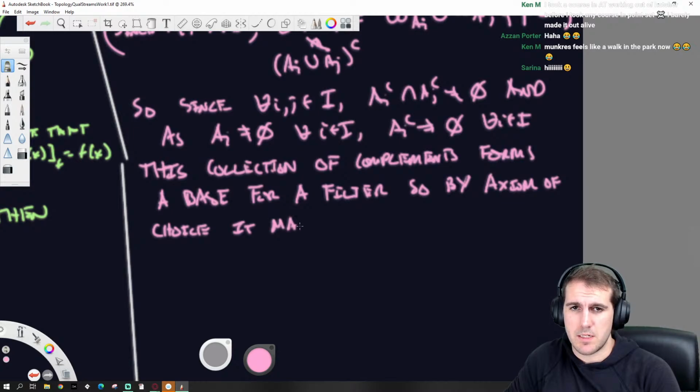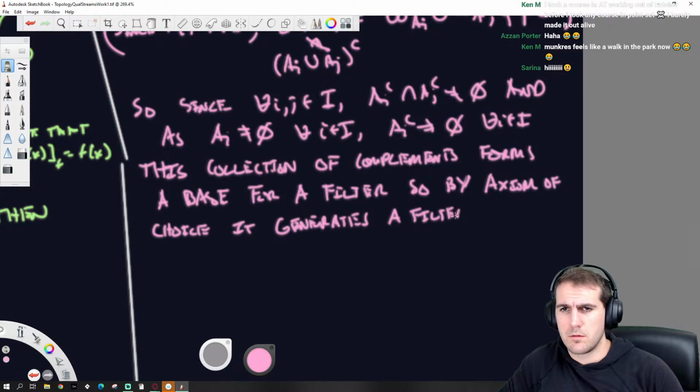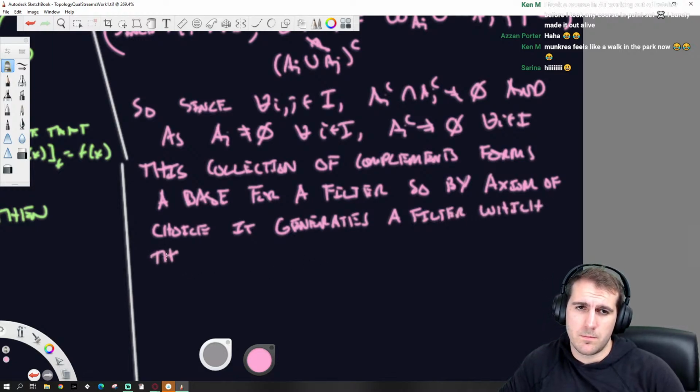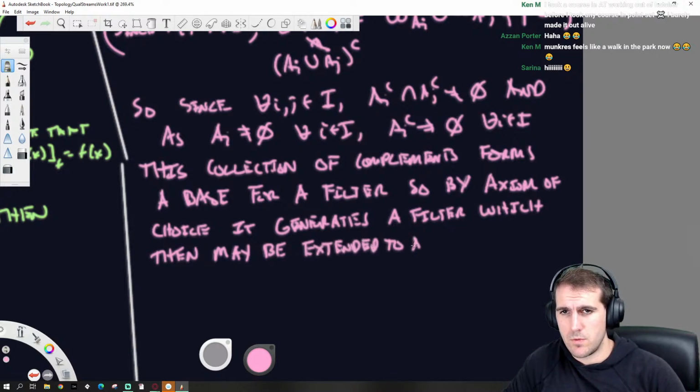Or it may be extended. I'm going to say it generates a filter, which may then be extended to an ultrafilter.